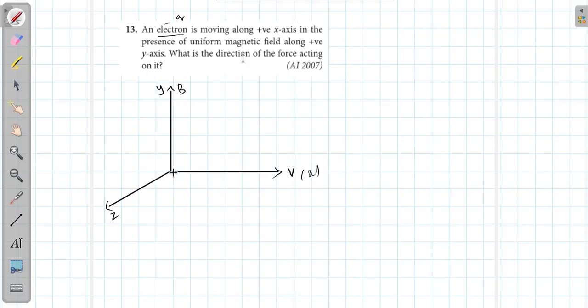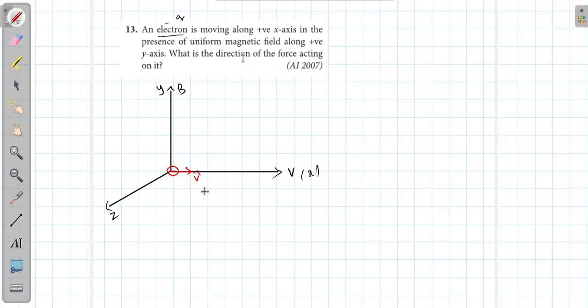Now, to check, it is a negatively charged particle. It is entering this particular region with the velocity v. See, actually, in the Fleming left-hand rule, if we stretch out all the fingers, the middle finger represents the direction of the positive charge, and the forefinger represents the direction of the magnetic field. Then the thumb,